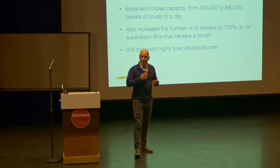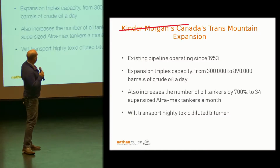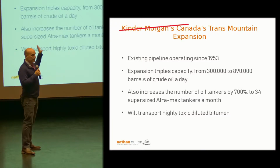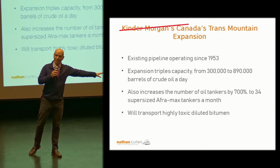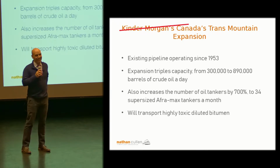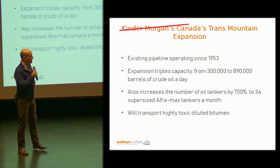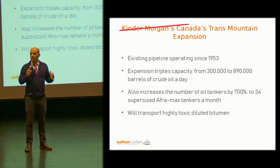I'm going to take just 5 minutes on Trans Mountain. My original slide had this as Kinder Morgan's Trans Mountain Pipeline. Kinder Morgan has left the building. They're back in Texas, and they're drinking because they did a good deal. Okay, so let's just crack through this just to explain what this issue is,